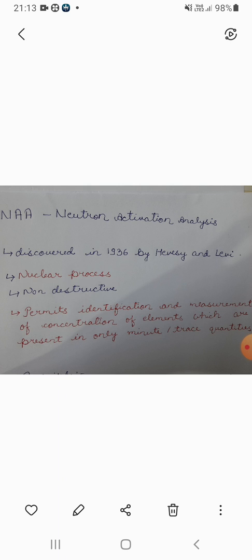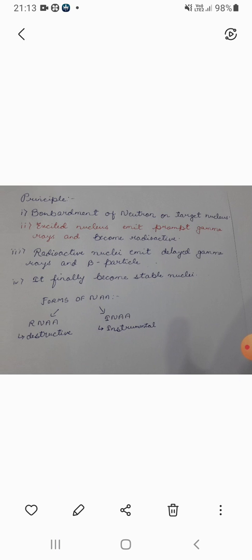And neutron activation analysis, as the name suggests, is a nuclear process, and this process is non-destructive. The principle behind this technique is that neutrons are bombarded on the target nucleus. Means there is bombardment of neutrons on the target nucleus,